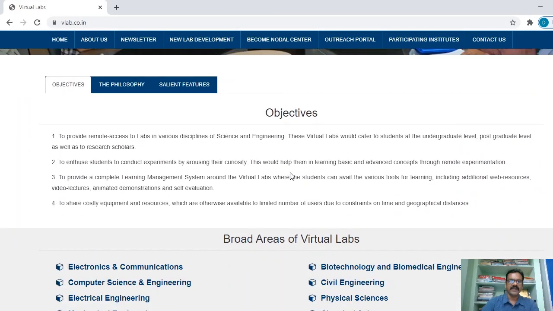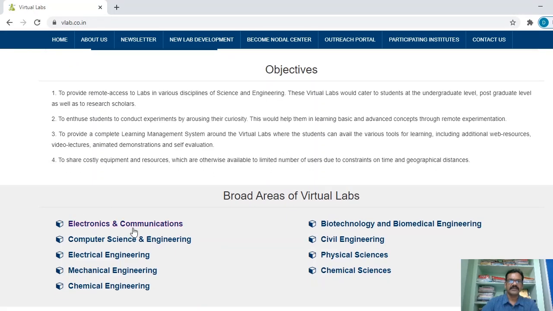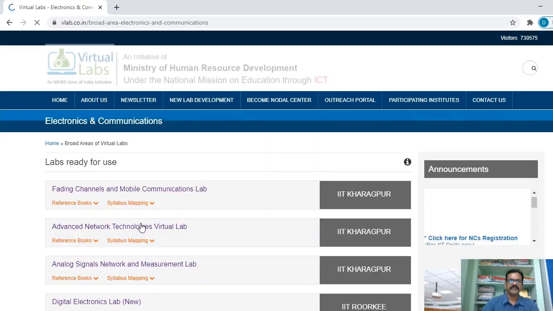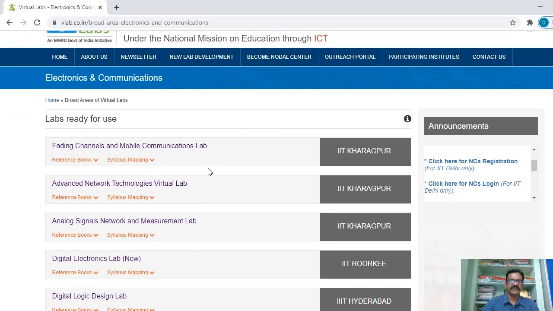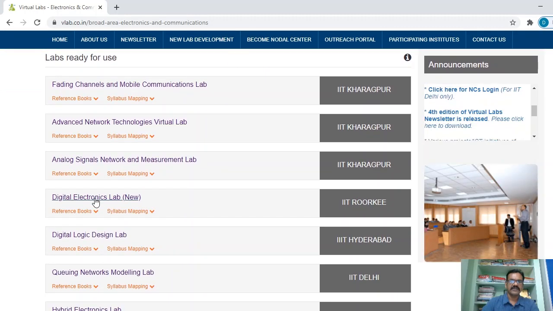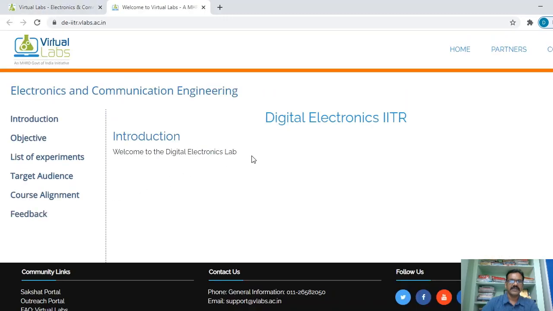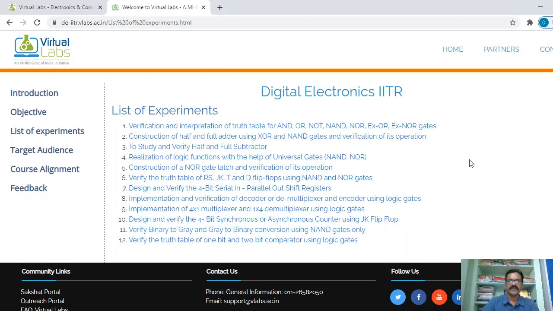Then we can explain the virtual labs here. We can record the virtual labs just by selecting a particular lab. We can go for a list of experiments, conduct the experiments, and then explain it.